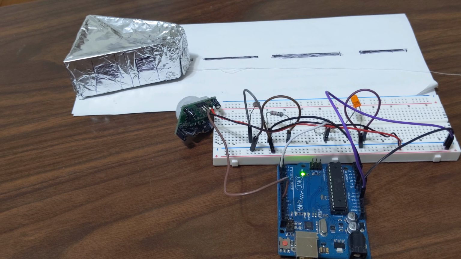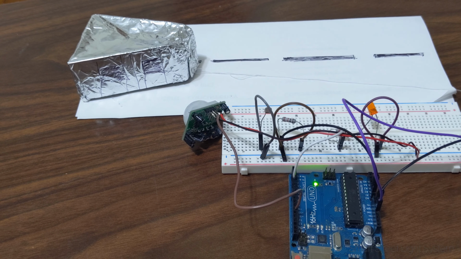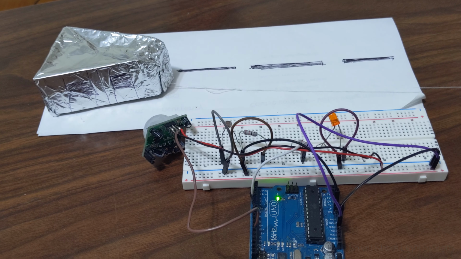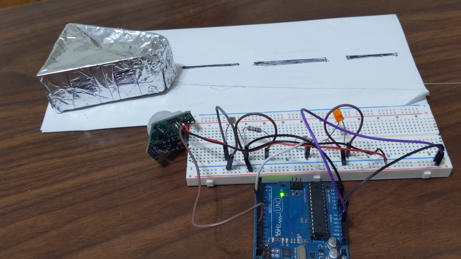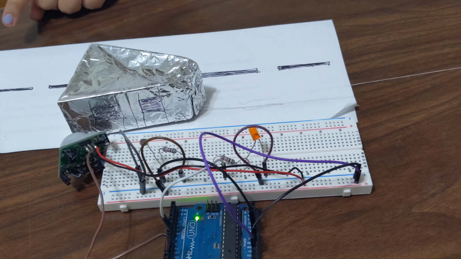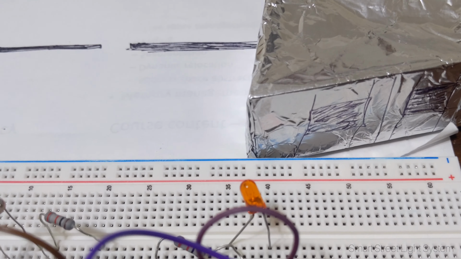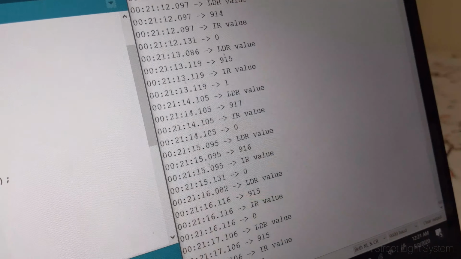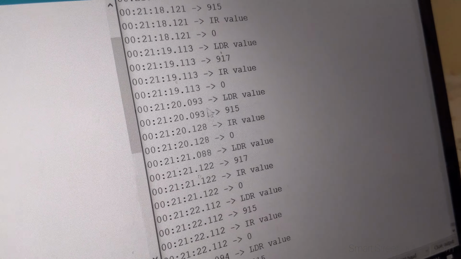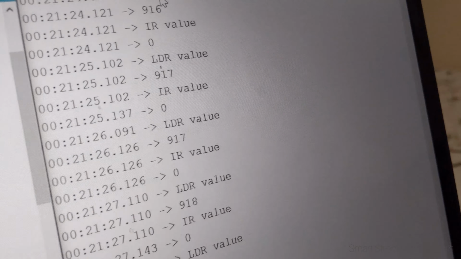Now, taking the first scenario into consideration, that is when there is daylight and the intensity of light is high. During the daylight, the intensity of LDR is between 1 to 900, and during the night time, the intensity of LDR is greater than 1000. So for example, when an object is detected by this PIR sensor during the daytime, the LED doesn't glow. That is because the intensity of LDR is less than 1000. As you can see, the IR value is 1, which was detected here, but just because the intensity is less than 1000, the LED doesn't glow.